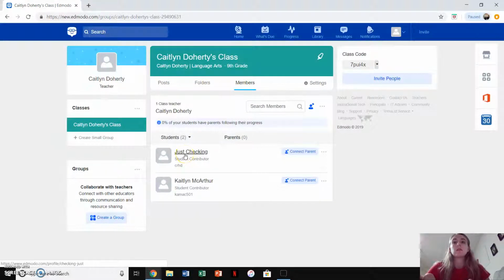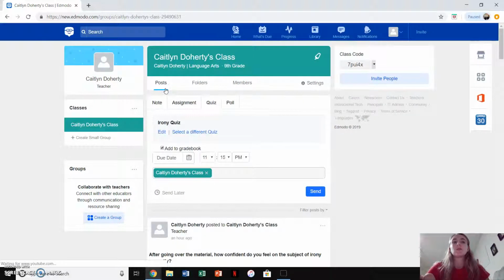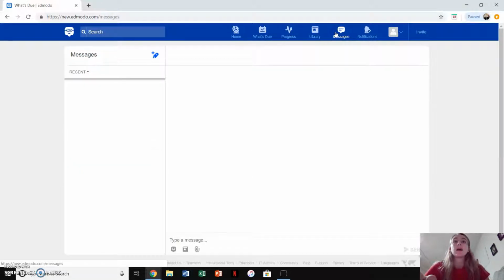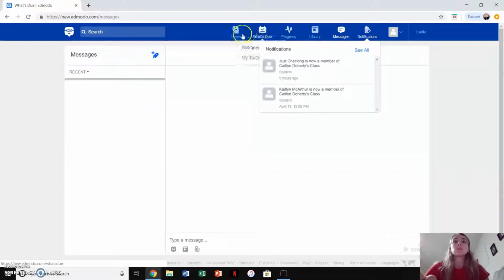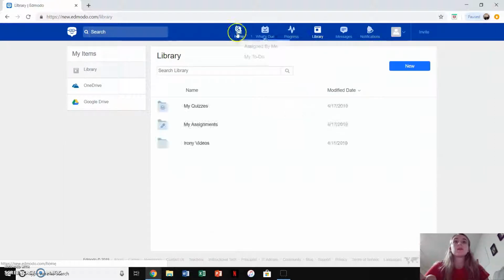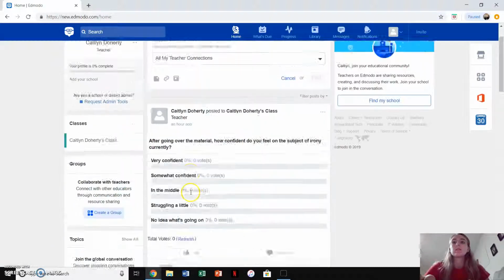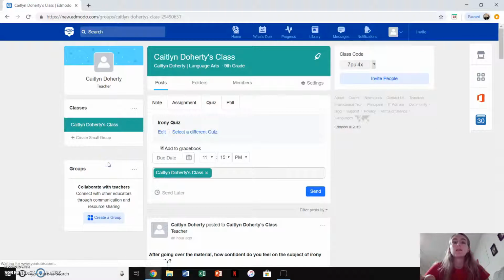Members, this is me, so I can get to it from the student's perspective. And from within, you can check progress, what's due, everything that you have assigned. So I have the irony quiz and the irony rags to riches. Any messages that I happen to have gotten, notifications, library, which I don't have anything in. Well, I guess I have these, but then back from the home, I have all this. And so we'll go back to my class,